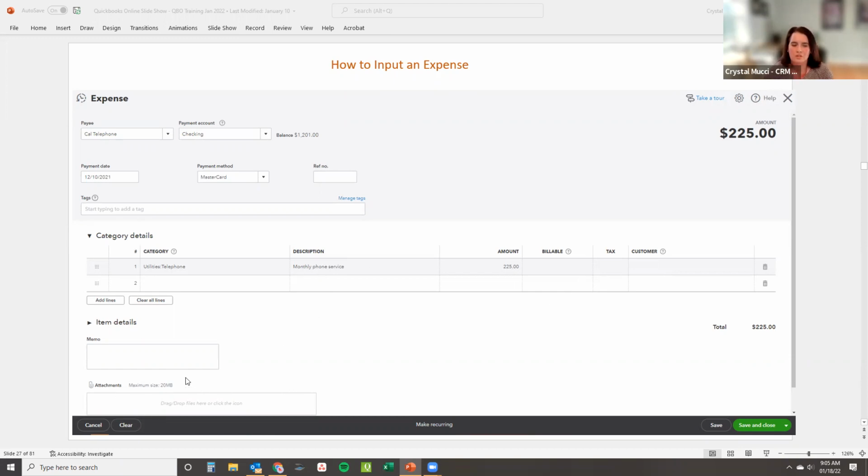And then down here you have the same options as before. You can write down a memo that you need them to see, account numbers that don't show up automatically, or you can attach the bill just for your reference and to be able to say like, oh, why was it $225 where I normally pay $100? If you have an attachment to that, you can locate it here. Same thing as before. You can also make this recurring. If this was the same amount of monthly payments all the time, it was always on the same date each month, you go in there and then you have your save and close and your save and